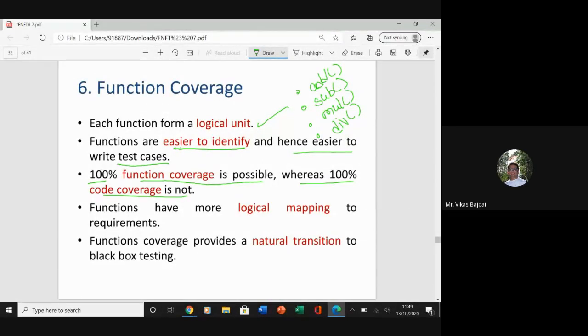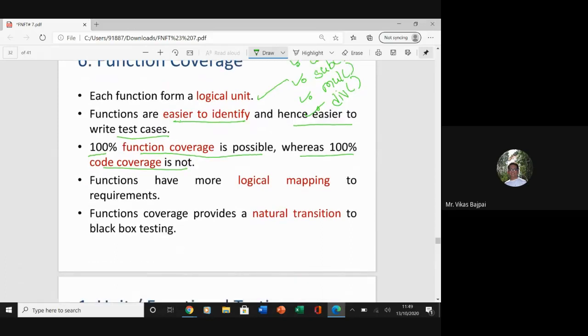I'll be able to identify that these many functions are there, let's evaluate these functions. If the working of functions is correct, then we assume the entire code is fine. So functions have more logical mapping to requirements, and function coverage provides a natural transition to black box testing.